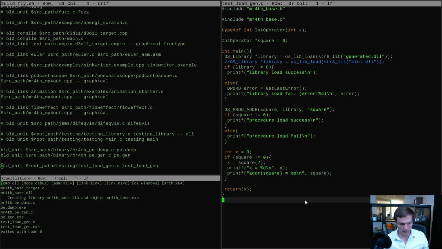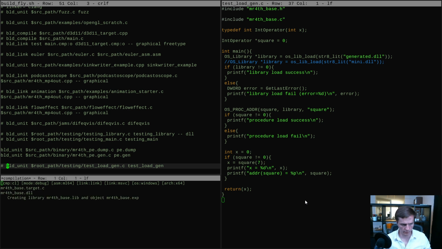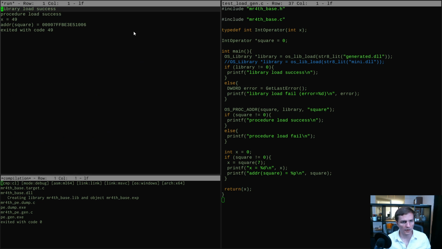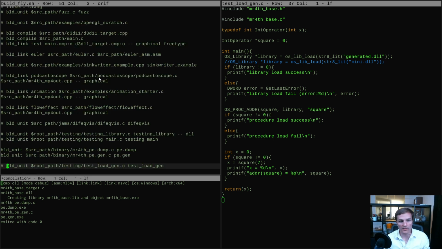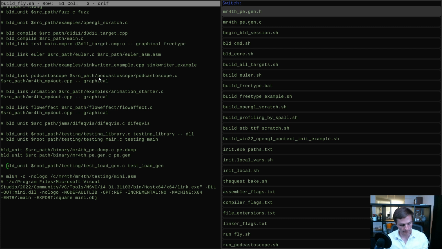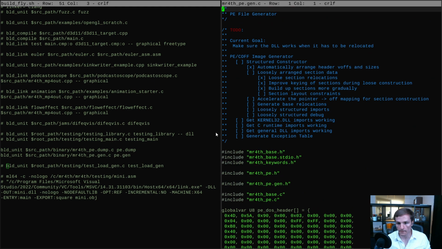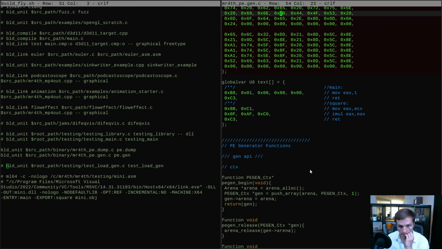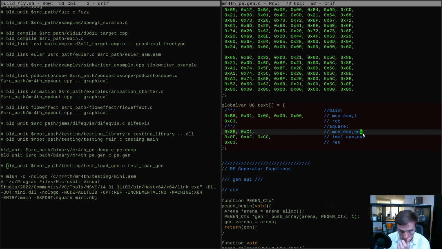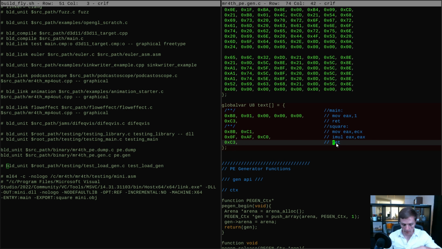Okay, so we've rebuilt our test program, and there. Okay, so interesting. I think the reason this is going to work is that there's nothing to relocate, right? Square works no matter where you place it. It does not have any need to be relocated. So what if we